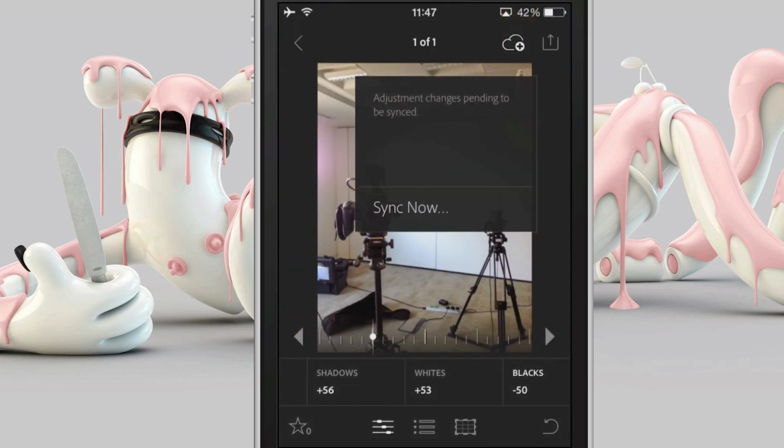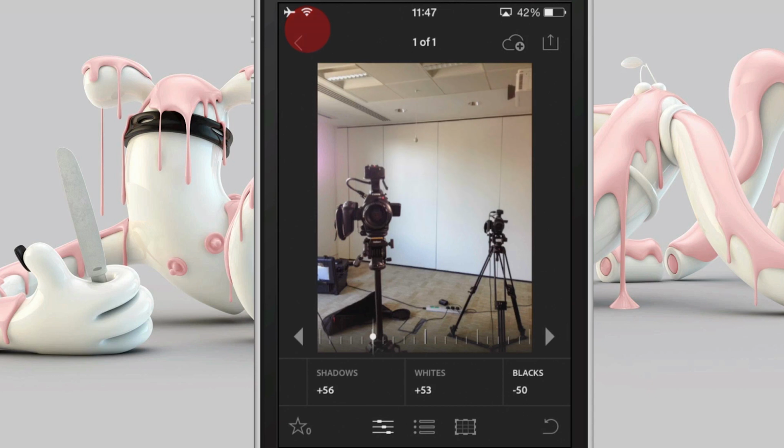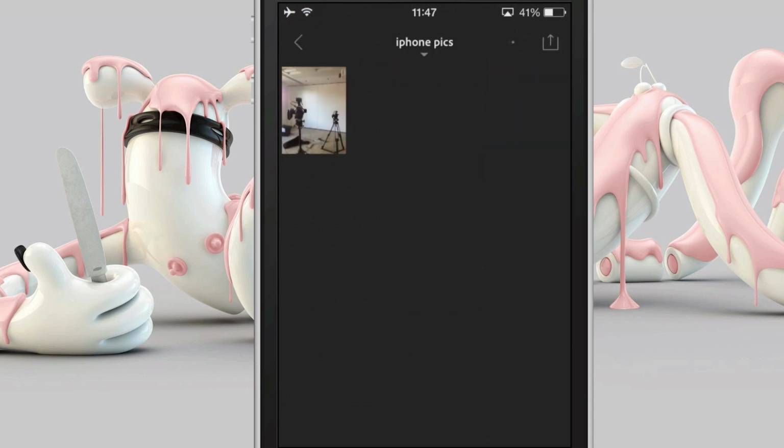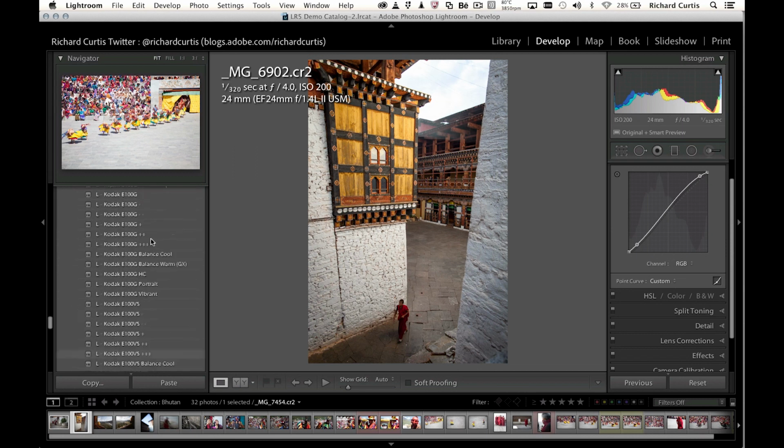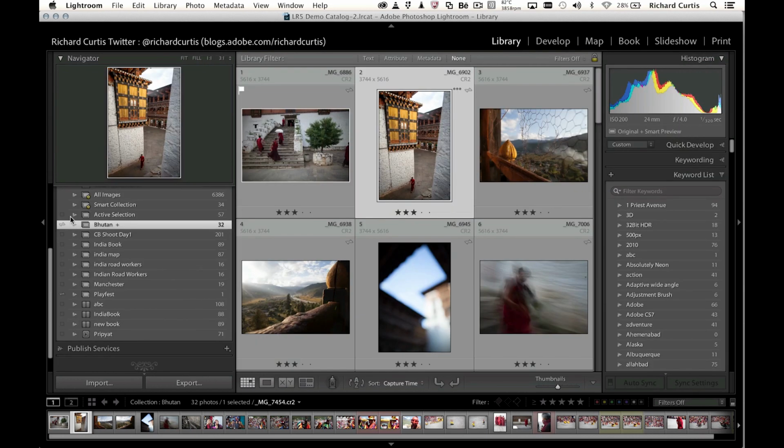So you see at the top again we have this little cloud icon. This is waiting for the changes to go back up to Lightroom on the desktop. So if I come out of here now, that will then turn to three dots, and it will synchronize the picture and the settings. If I now go over to Lightroom on the desktop, I go over to my library module